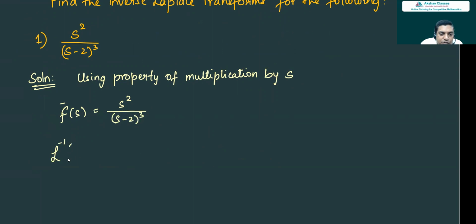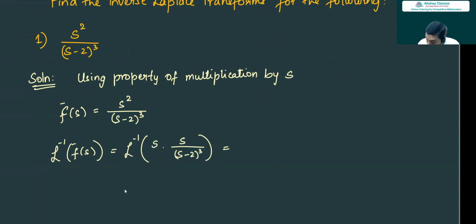So Laplace inverse of this f bar of s is Laplace inverse, I will write this as s times s by s minus 2 the whole cube. Now once you multiply with s, then this is differentiating with respect to t of the Laplace inverse of this one,